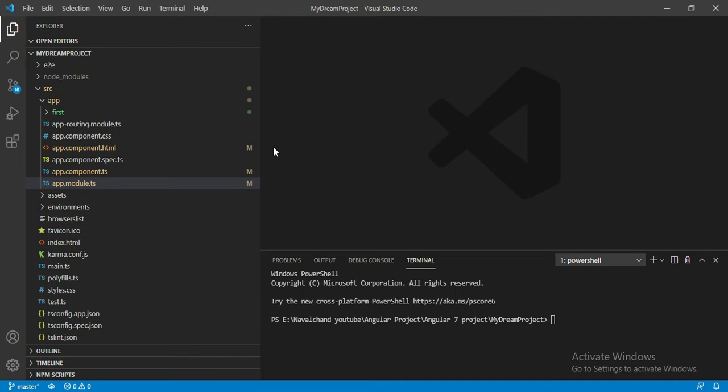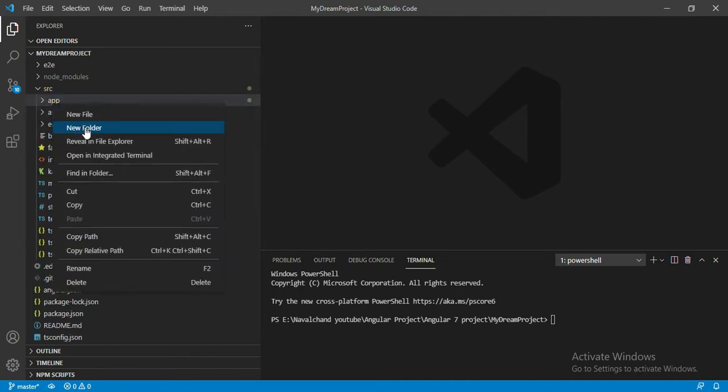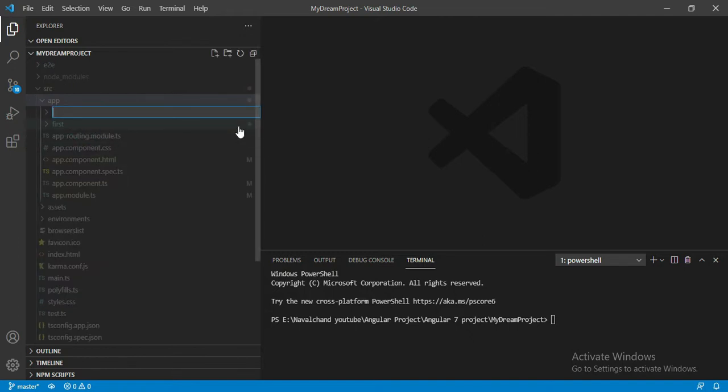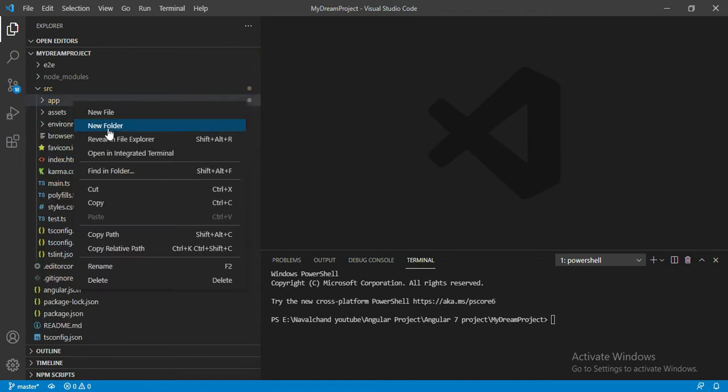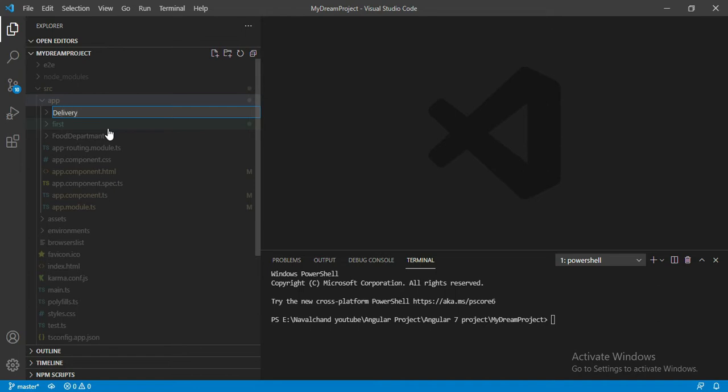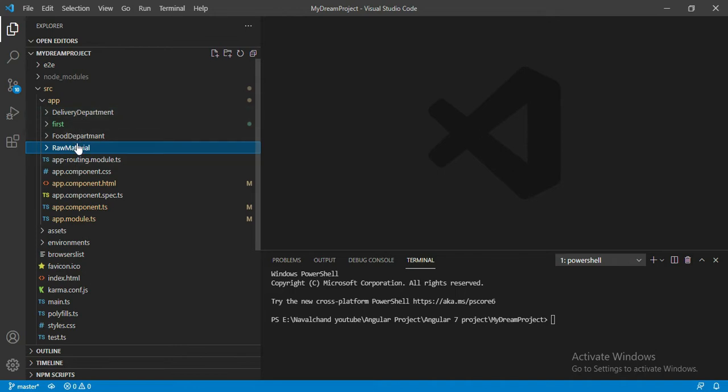For those departments we will create a separate model, instead of adding all components inside the main app model. For that, first we will create a folder for each. First folder is the food department. Then we have a second folder, delivery department. Then the third one is the raw material. Consider these three departments we have, and we don't want to add all of these departments' components directly inside